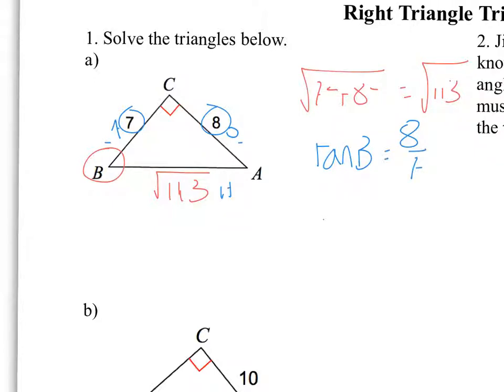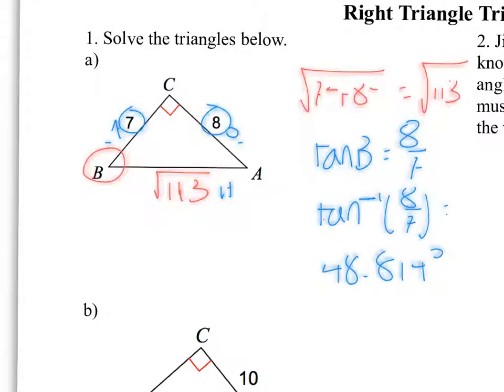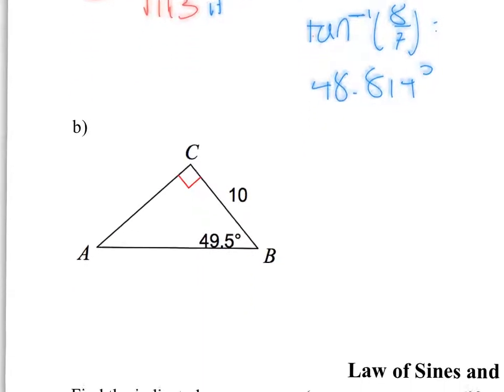Okay? And that also means that the inverse tangent, or the arctangent, of 8 over 7 is equal to whatever that angle is. And when I use my calculator to figure that out, we get that the angle should be about 48.814 degrees. Okay, for B,